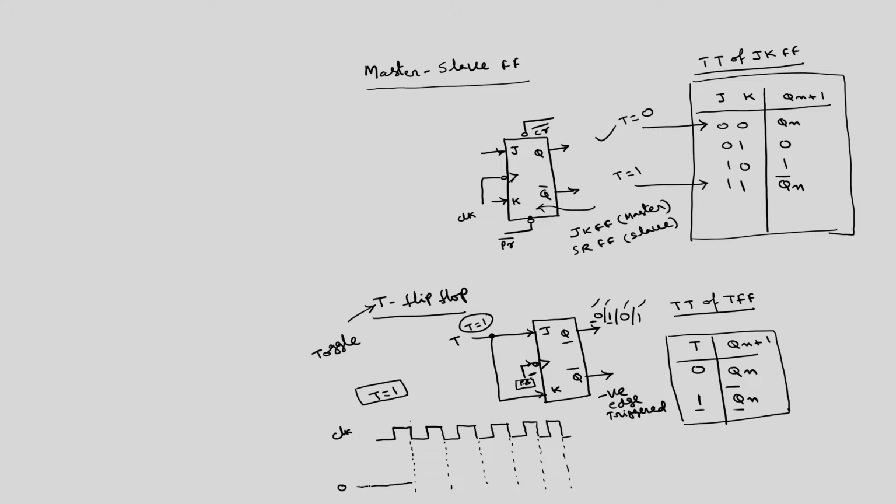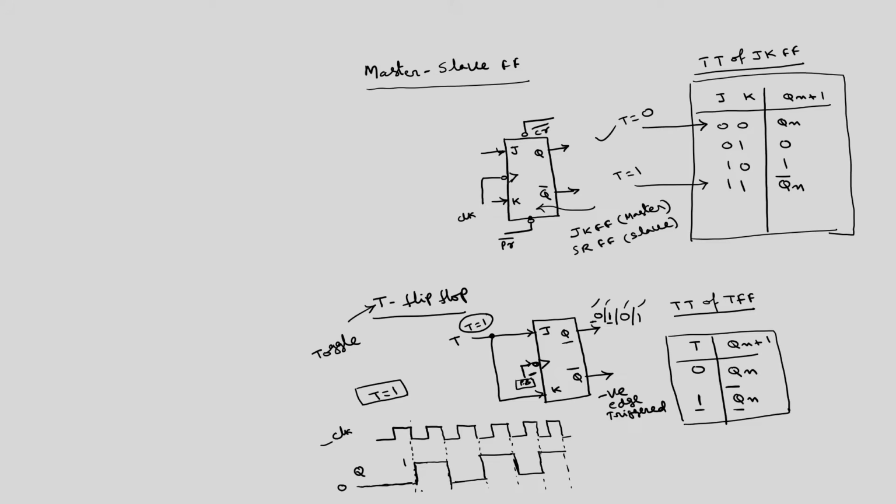How to establish this initial state before the application of the clock signal? We can use preset and clear signals that we discussed in the last lecture. Now, at the negative edge this 0 toggles to 1, and this 1 continues until the next negative edge. At this negative edge it becomes 0 again, at the next negative clock edge it will be 1, at the next negative edge 0, next negative edge 1, and so on. So this is the waveform at Q with respect to this clock signal.